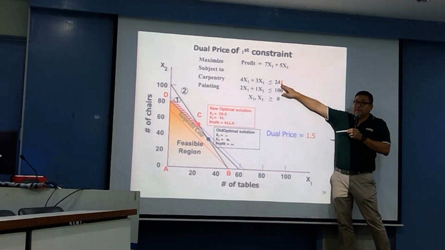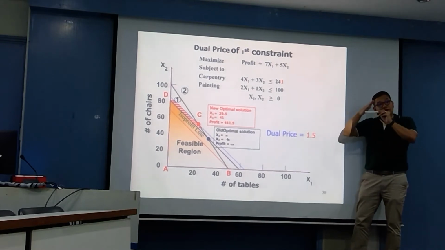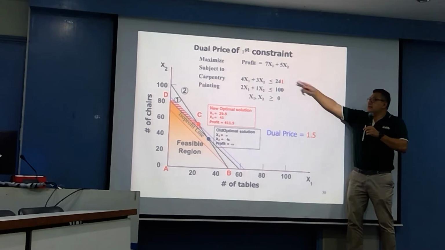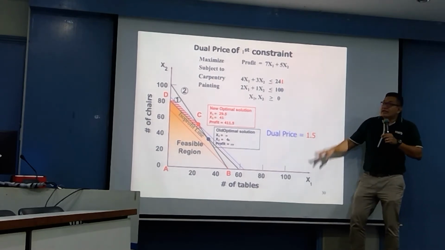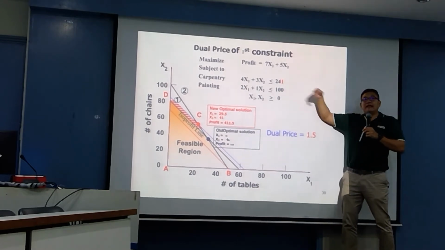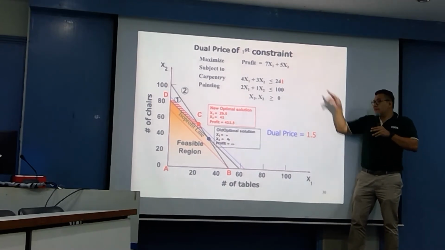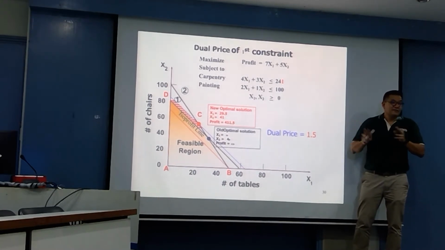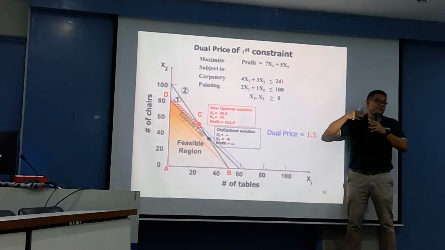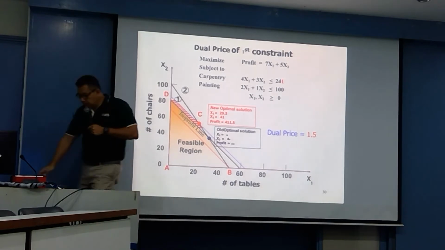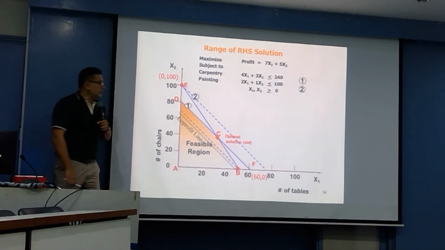But if you change from 240 to 300, just the bottom line, yes, you can expect the total profit to increase by 60 multiplied by 1.5. If you change 240 to 301, there's no way you can expect to use 61 multiplied by 1.5, because 301 is more than 300. Right? This is the upper limit. We're using the same concept for this one. Again,